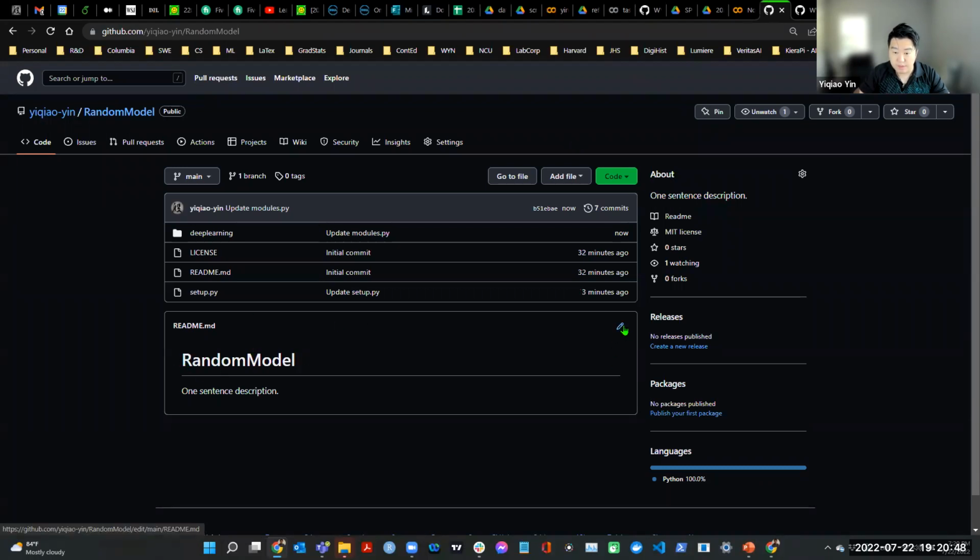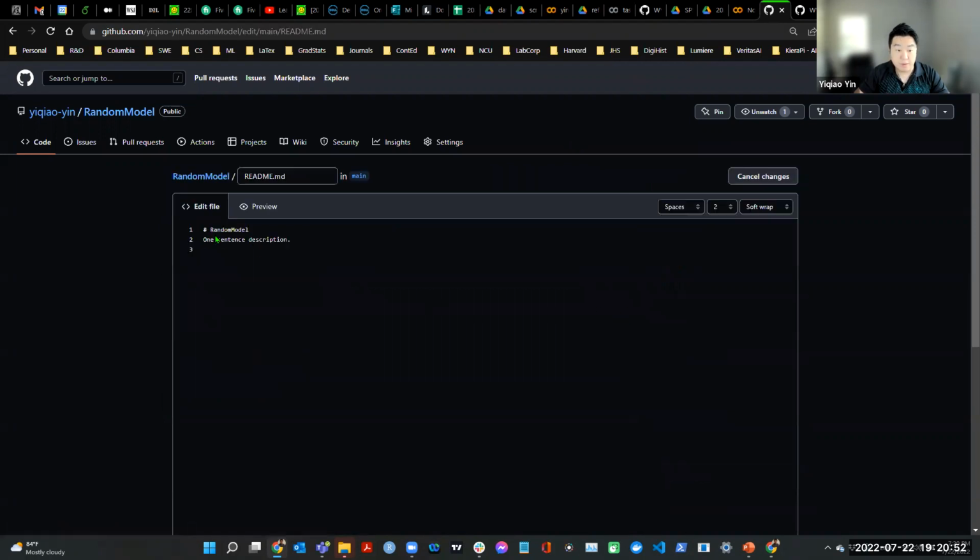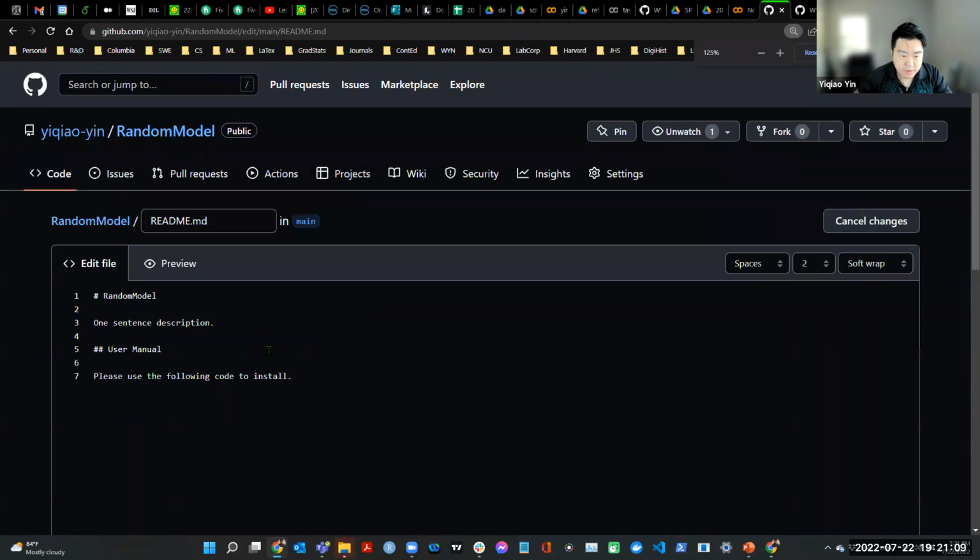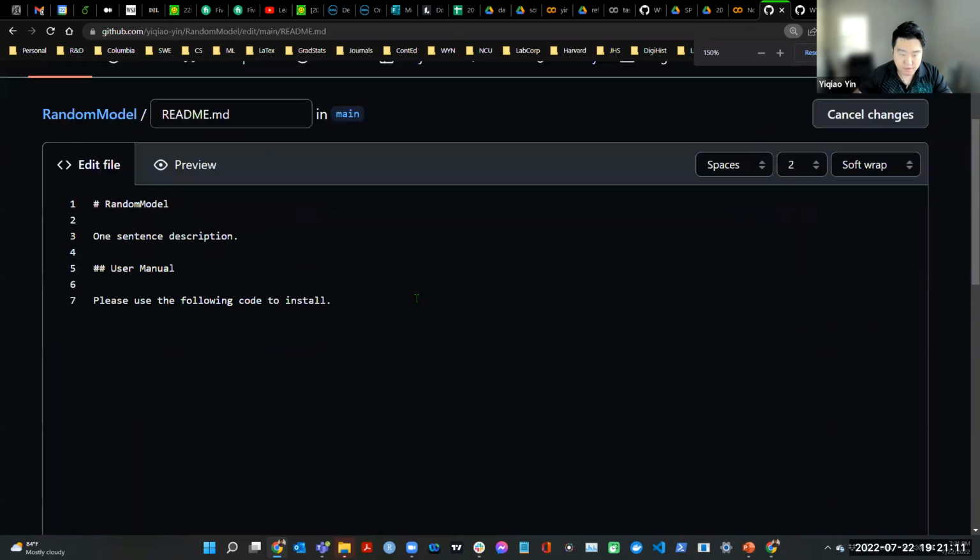So this pencil button here, that means edit. So you click on that, and then it brings you here. And then you can have a section that's called manual, right? Or you can call it user manual, something like that, kind of like an instruction, right? How to use the package. So you say, please use the following code to install. Let me zoom in just so everyone can see this. Right. So now you say,